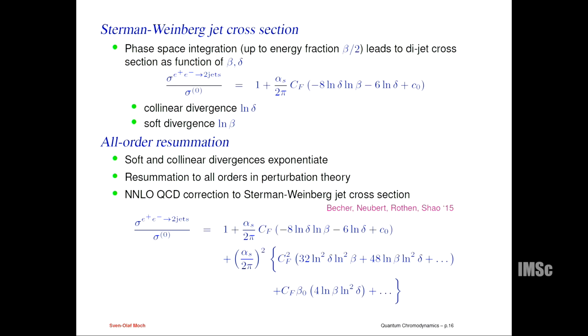And then what we can also predict already for the leading log is the effect of the running of alpha_s, proportional to the beta function, and that basically multiplies those logarithms here with a beta function and another logarithm in delta. So we have a log of beta and delta coming from this term here. So this is what we can predict directly, based on the fact that this exponentiates.